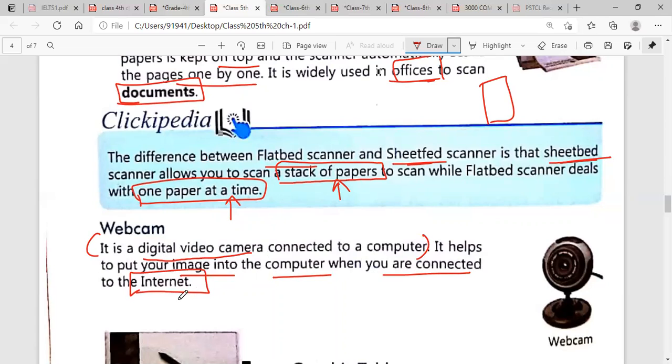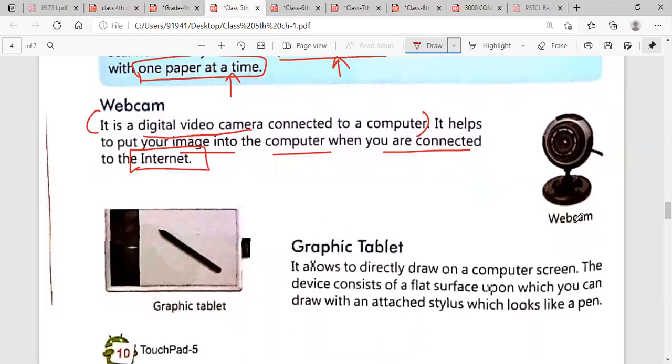The main condition is that you need to be connected to the internet. If you are not connected to the internet, then your image will not be seen on a computer. Now you can see this is the picture of a webcam. This is a camera.